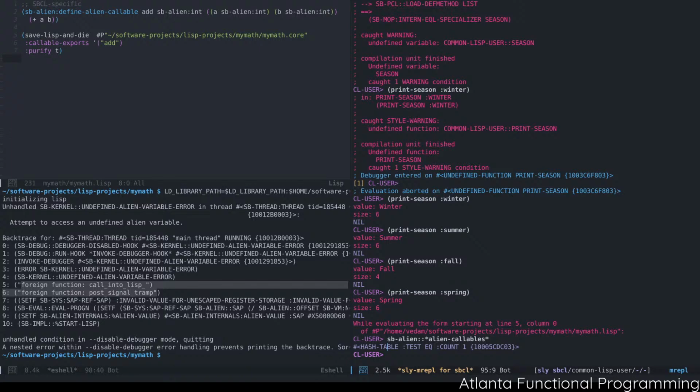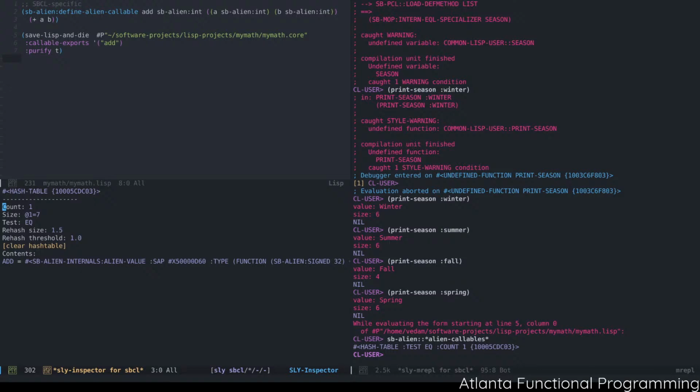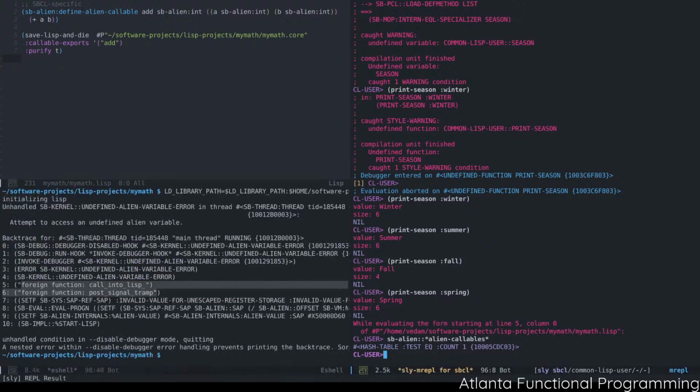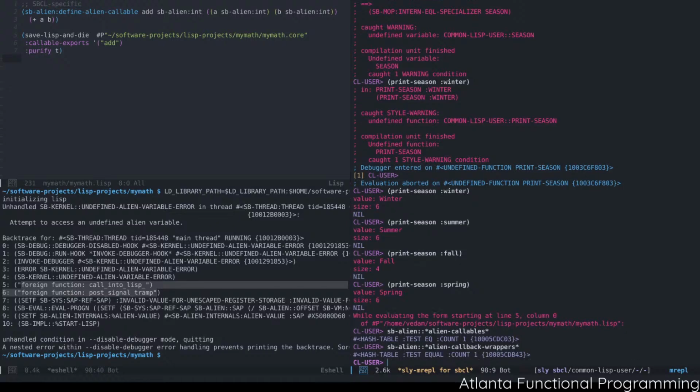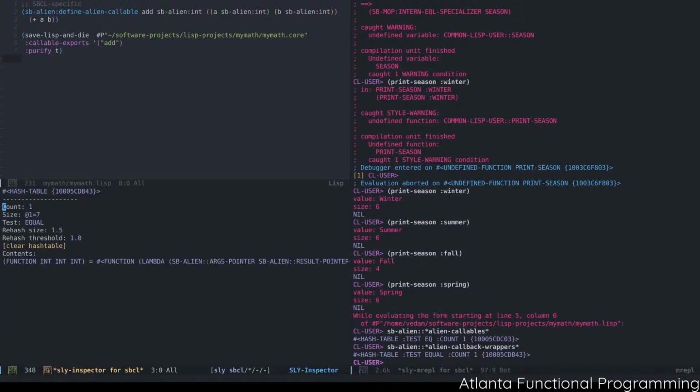Go back here. It contains only one thing, so there's nothing else actually in here. But what other stuff is being held here when I'm dumping alien callbacks? Maybe it's this stuff? Let's see. Nope, this is all talking about